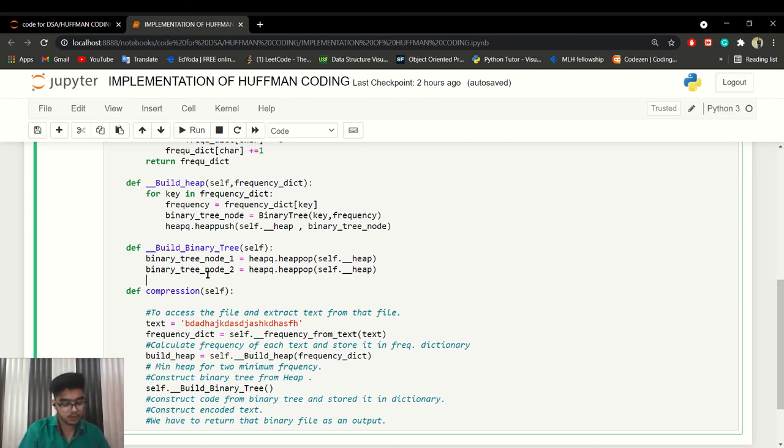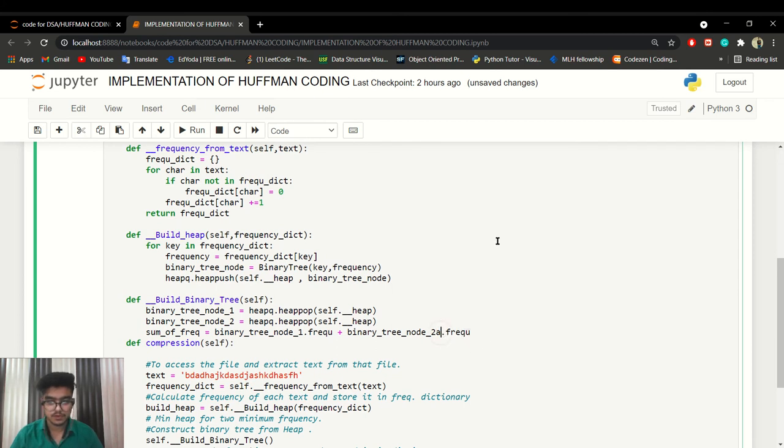So we have to create a variable which is sum of frequency, which is binary tree node 1 dot frequency plus binary tree node 2 dot frequency.